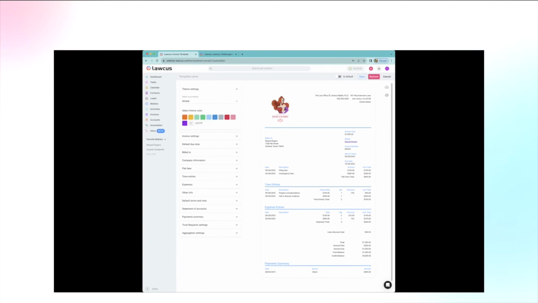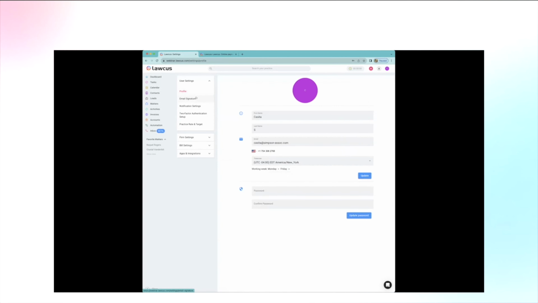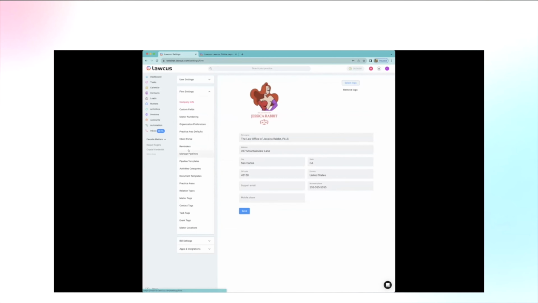In order to make sure that the information shows up properly when it comes to the name of the firm and all this information, when you're inside of your settings, you do have the ability to make sure that that information shows up properly under firm settings and company info. And here, the company logo was inserted and the address and all of this. In order for the invoice to actually save, you have to make sure that you have a logo, the business name, the address, and the business phone number. These things are essential. If it's not on there, the invoice will not save to any of the matters and you won't be able to